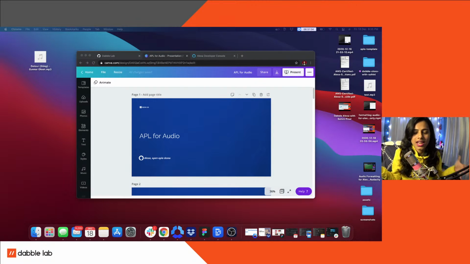Previously we just used to add audio using our personal AWS S3 bucket, and now we have the hosted S3 bucket. And for that you need to sign your URL in such a way that your audio URL is not public.